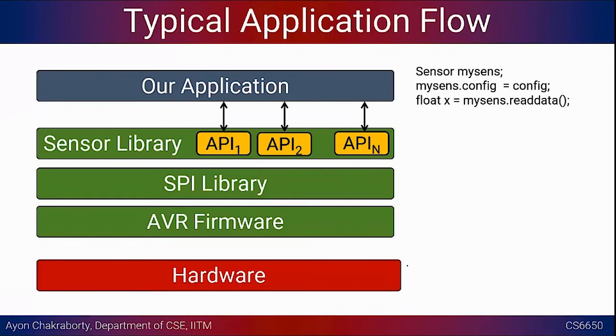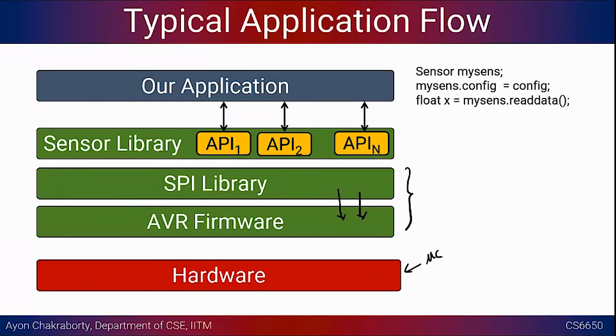So this is particularly the microcontroller hardware, right? And this basically forms the entire piece that I was showing you today, right? One is the Arduino library, in this case this SPI.h library, which talks to the low level registers, right? This AVR firmware will have the mappings to different ports, which pin is in a certain particular port, and the different bookkeepings that need to be done for enabling a particular clock, controlling the data rate, prescaler, and so on. That will be all done at the firmware level.